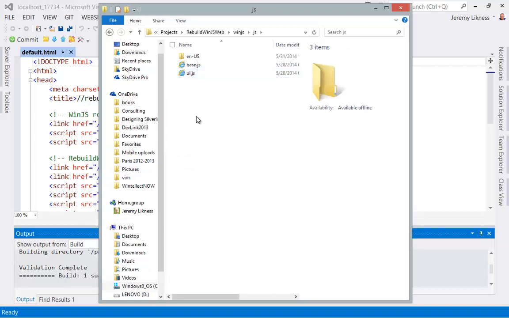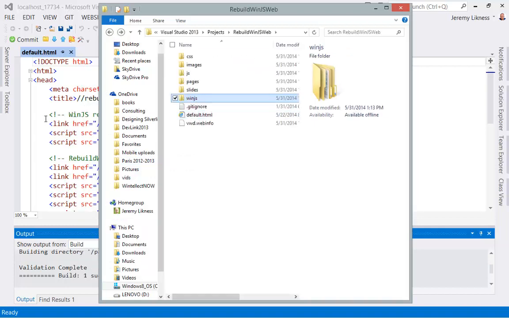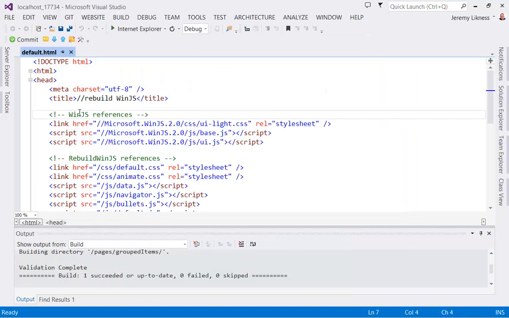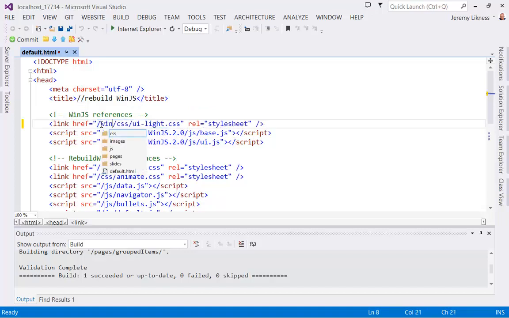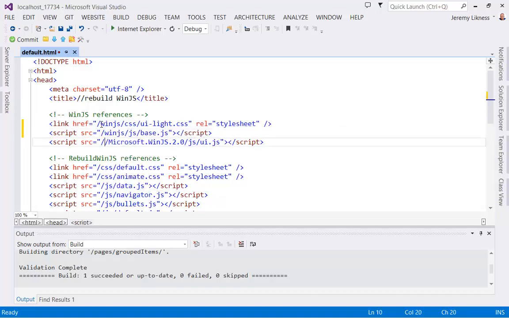And these are just straight JavaScript, CSS, etc. based on the build. So then I need to go inside my web app. I need to change these references. So in the main page what I'm going to do is just switch this to WinJS, WinJS, and WinJS. So that should pull it in on the main page,